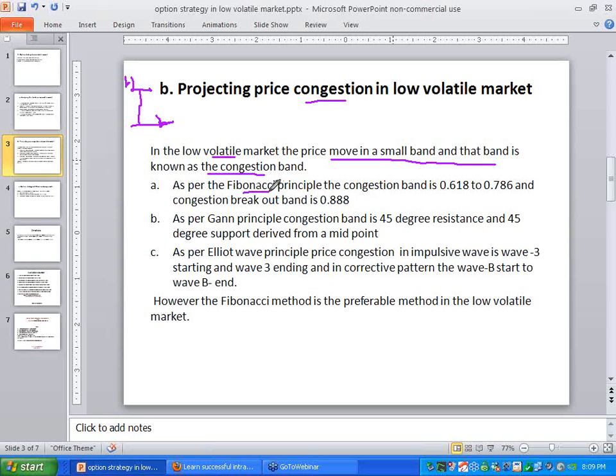So Fibonacci principle says, if the congestion band is between 0.618 to 0.786, congestion breakout happens above 0.88, 0.888 Fibonacci ratio. Gann principle says congestion band is 45 degree resistance and 45 degree support derived from the midpoint. And Elliott wave principle says the congestion in impulsive wave cycle is wave 3 starting and wave 3 ending. In corrective pattern, it is wave B starting and wave B ending. So these three different principles